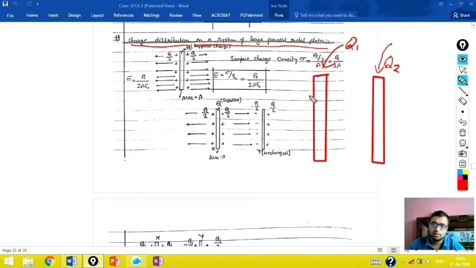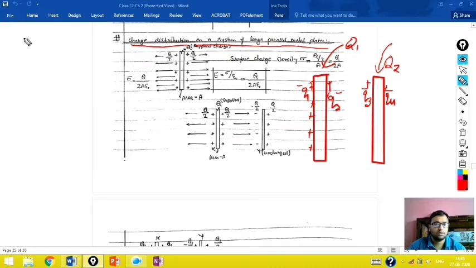Then suppose some amount of charge appears over here and some charge appears on this surface. We can't say whether it will be negative or positive right now, so we will consider it with unknown sign. I am writing positive just for understanding, but you may think of it as unknown: q1, q2, q3 and q4. This much amount of charge will appear on the surfaces.